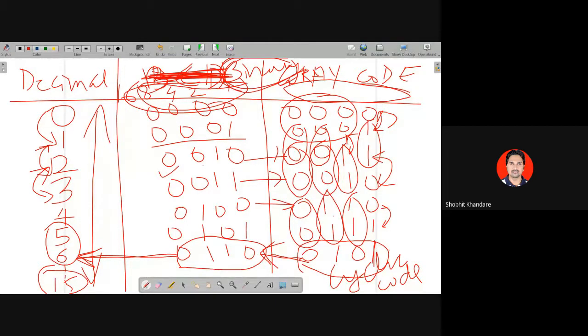Okay, so we have completed the binary number system. We have seen the interconversions of the different number systems. We have seen what is a gray code, what is a BCD code, what is a XS3 code. We have also seen what is binary arithmetic, binary addition, subtraction. Now we will be talking about ones and twos complement, which is again very important. I think we have only 4 minutes remaining. Am I right?